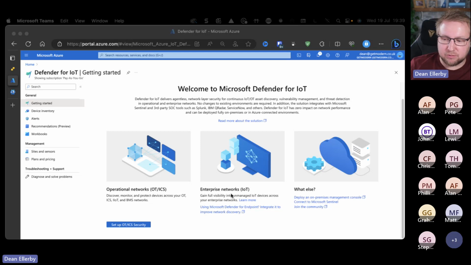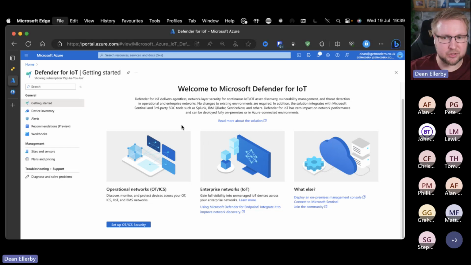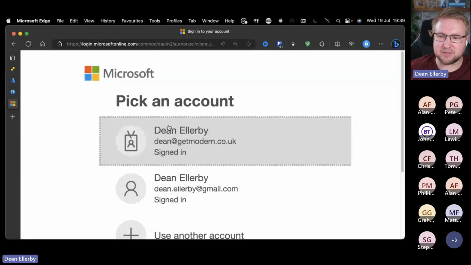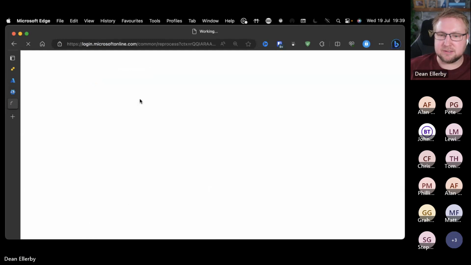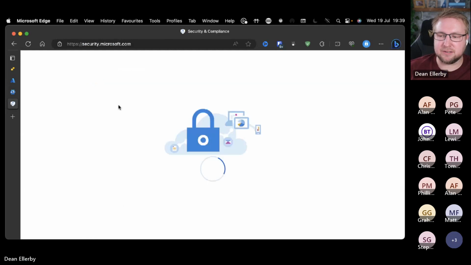And if I look at enterprise IoT, none of this takes me to anywhere in this portal, because this isn't managed here. This is managed in the Defender portal. So if I show you security.microsoft.com and log in,